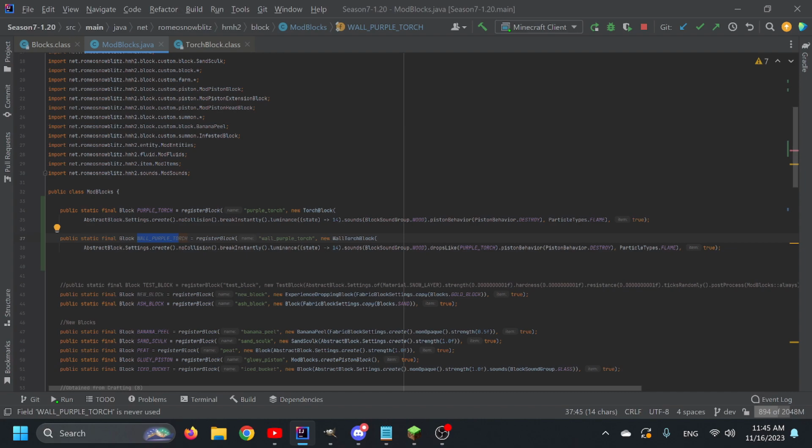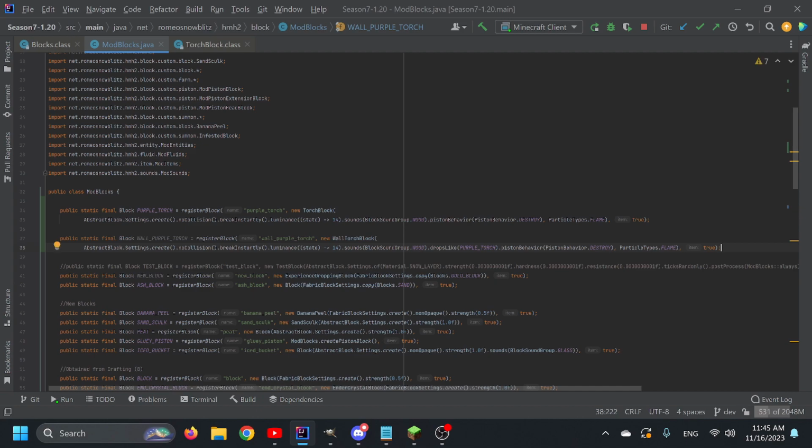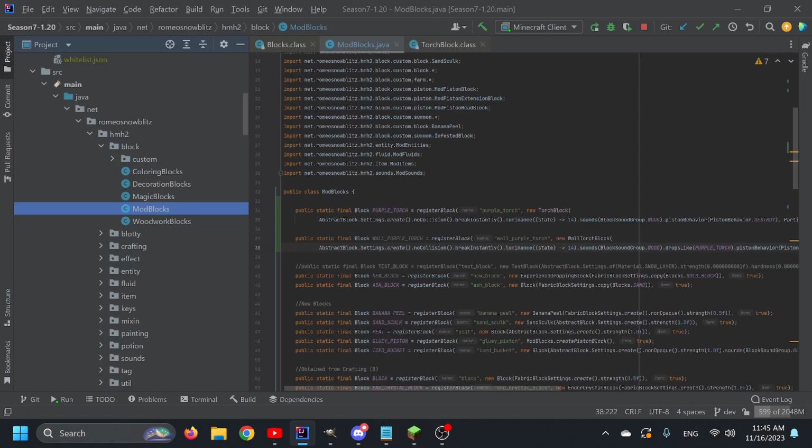Non-collision, breaks instantly, luminant. Okay, so the only special one is literally just the drops, and as long as it points to the purple torch again, perfectly fine. So now that these are basically in, we don't actually have to make any custom classes, so this was really, really easy. What we are going to need to do is we're also going to need to make the item